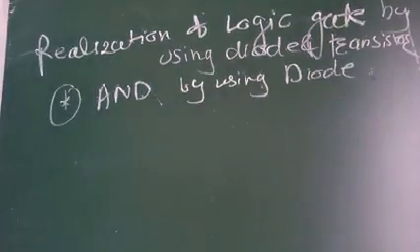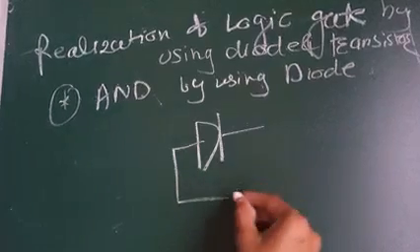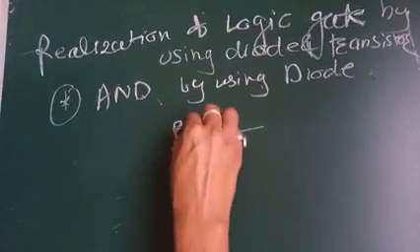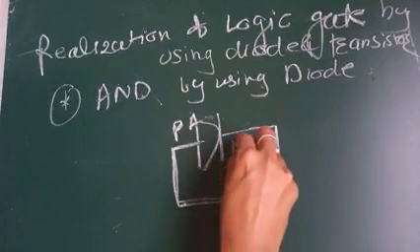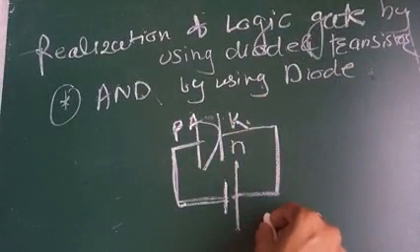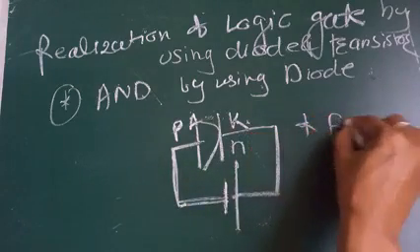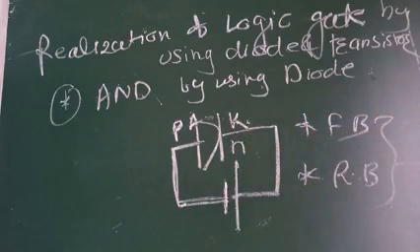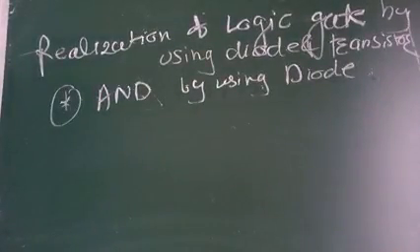In the second case, the diode is biased like this: the negative terminal of the battery is connected to the P type, that is the anode of the diode, and the positive terminal of the battery is connected to the N terminal, that is the cathode of the diode. This application of battery is known as reverse biasing of the diode. These two fundamental things, forward biasing and reverse biasing, are very important in terms of realization of logic gates. So you must know this. As you know this, I am moving forward.